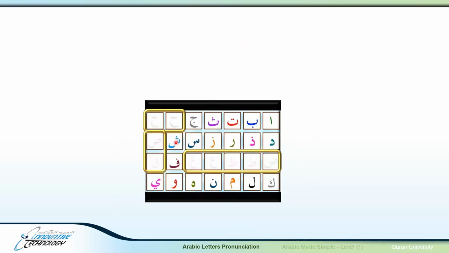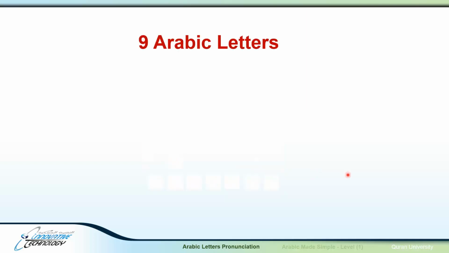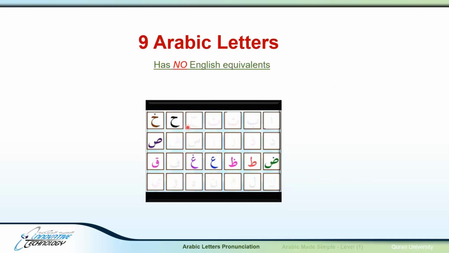These letters, the missing letters here, do not have equivalent English letters. They have no English counterparts. Let's listen carefully. Ha, ha, kha, kha, sad, sad, dad, dad, ta, ta, za, za, ayn, ayn, ghayn, ghayn, qaf, qaf. As you have just realized, if you've listened carefully, no similar English pronunciation exists for those letters in